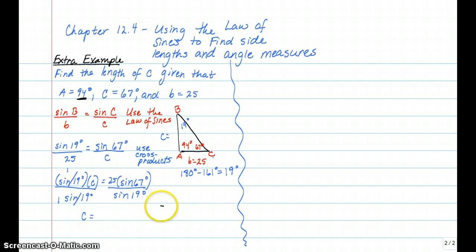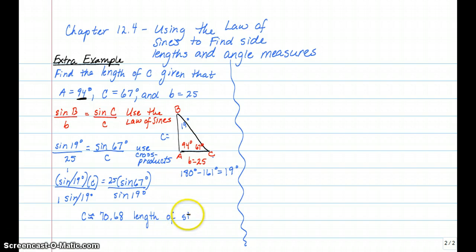And now we're going to actually plug into the calculator to find out what C is. The buttons you'll push will be 25 times sine, type in 67, close the parentheses, hit your divide button, then you'll type in sine 19 degrees, and you'll end up with 70.6844 and so on, which you will round to approximately 70.68, because we'll go to the hundredths place, and that is the length